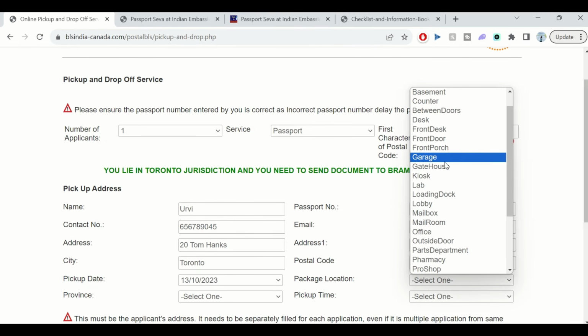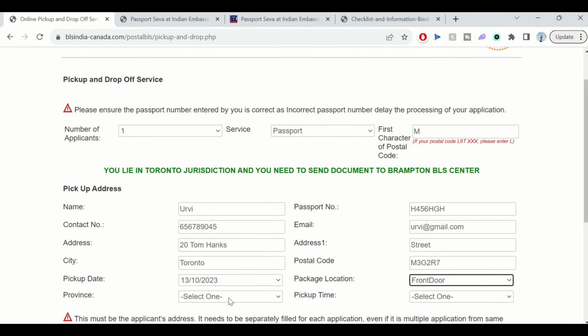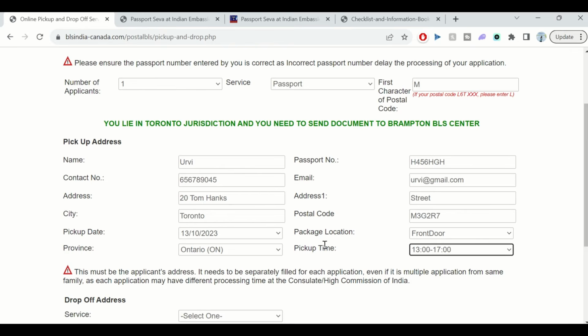And then you choose from where they should be picking things up. So front door, which province you are in. You'll choose the pickup time as well. All right. So your pickup part is